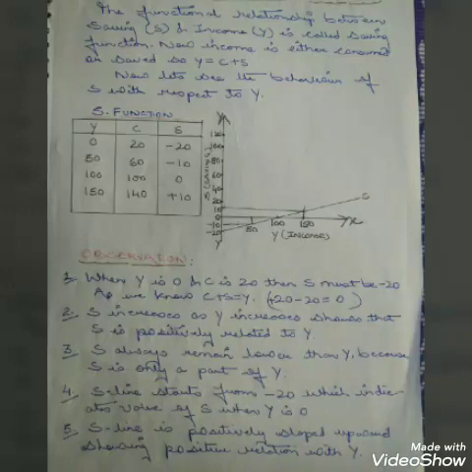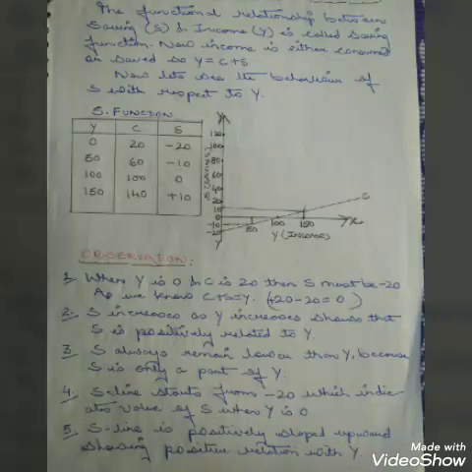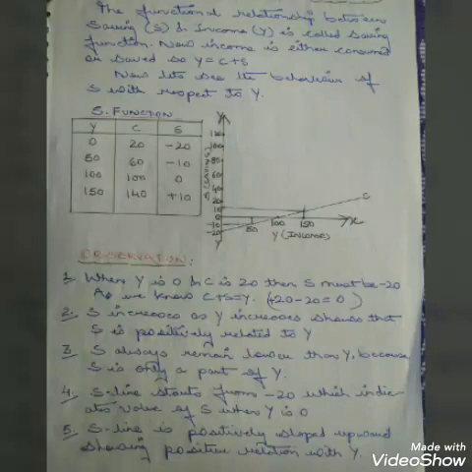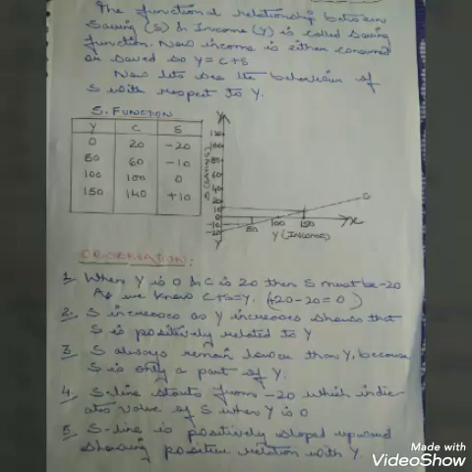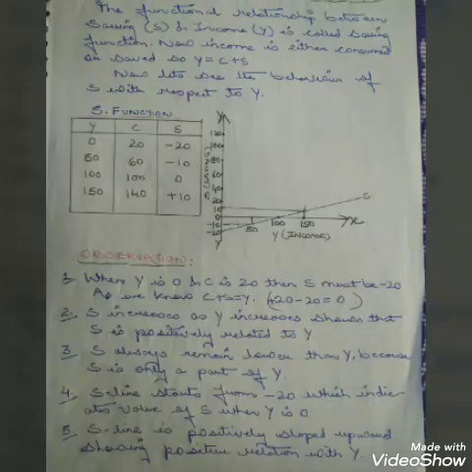Next thing, as Y increases, S increases, which shows that S is positively related to Y. That means as S is increasing, at the same time Y is also increasing. That means S and Y have a positive relationship, right? At the same time, S always remains lower than Y. Why? Because S is only a part of Y. S is increasing by plus 20, whereas Y increases from 100 to 150, a difference of 50. Now this happens because S is only a part of Y.